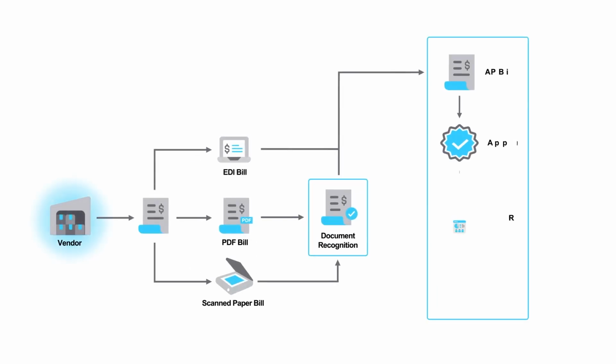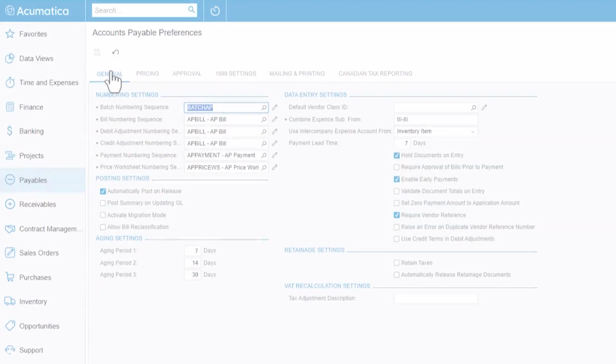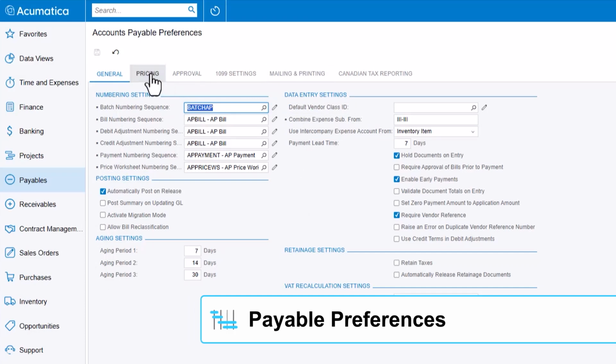Process AP bills manually, importing EDI transactions, or through Acumatica's AP automation. Engage approval workflows to validate, authorize, and prioritize bills for payment. Gain a 360-degree view with comprehensive dashboards, reports, and inquiries, and pay vendors with paper checks or electronically using standard industry file formats. Bolster efficiency with pre-configured payable settings for document numbering, posting options, vendor class, intercompany accounts, foreign currency